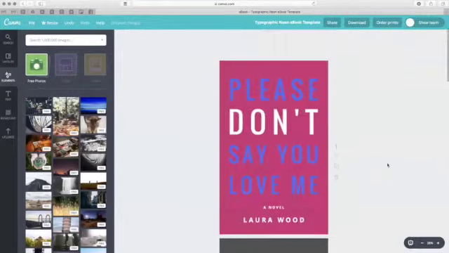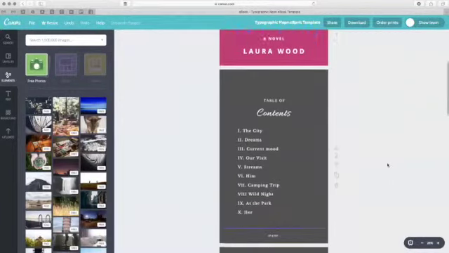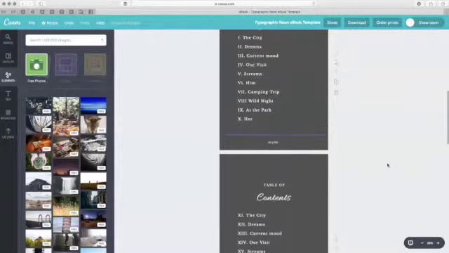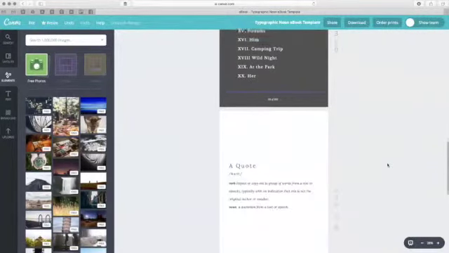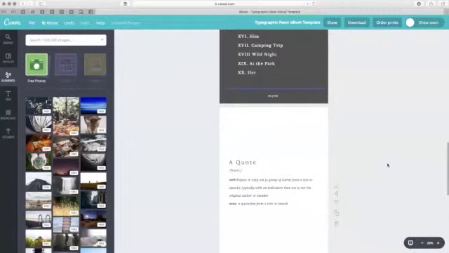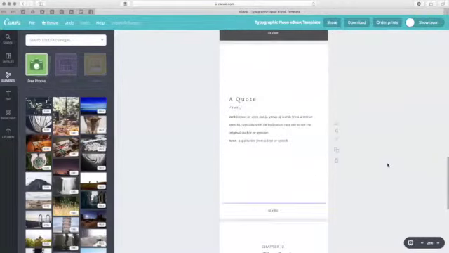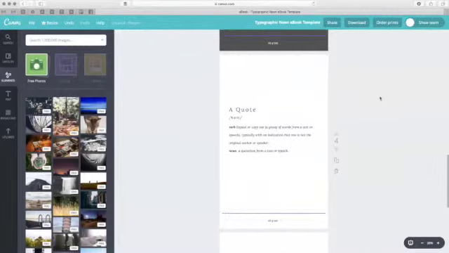So now we have our first page, our front cover, we have our table of contents, first page, and our table of contents, second page. Now we get into the nitty-gritty parts of the ebook. So when we're doing this, you need to make sure that it fits with your brand, okay? So if you want to have a quote page, have a quote page. If you don't want to have a quote page, don't have a quote page. I'm not going to do it because it doesn't fit in with the book I'm writing right now. So I'm going to just click this little delete this page button here, which is the rubbish bin, click that,